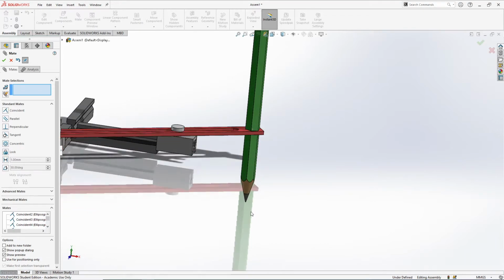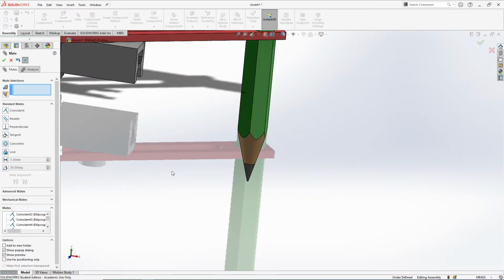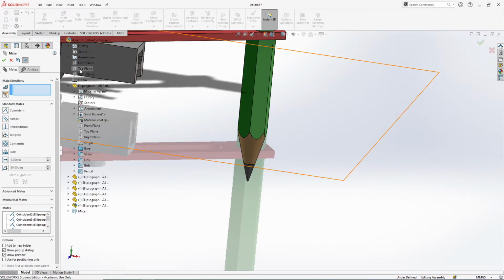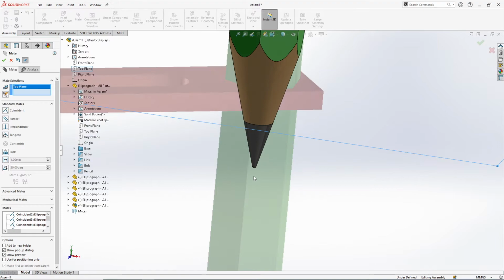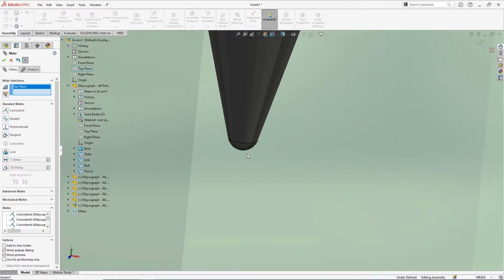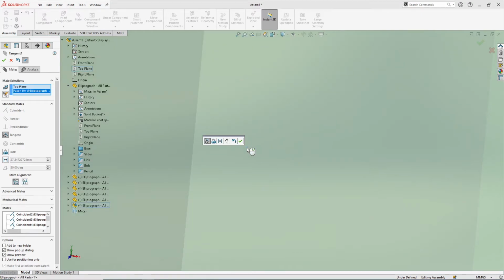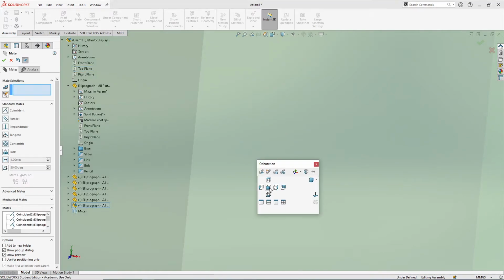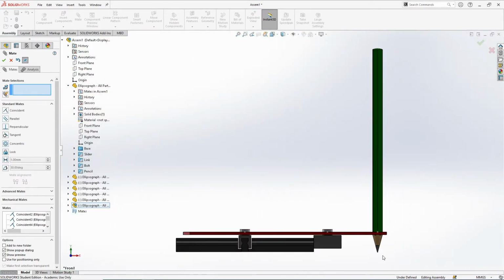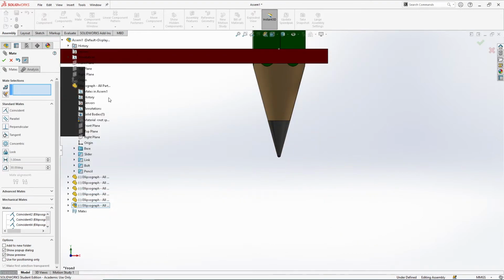So now I'm going to mate the tip of my pencil with the top plane. I don't see the top plane here anymore, so I have to select it from here. And the tip is a little rounded shape, so spherical. So it will be tangent. And now I have to look exactly from the front, because there's a chance that the sphere is